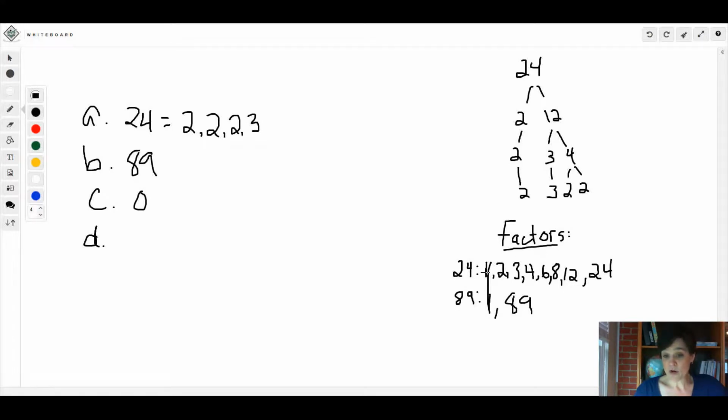Okay, sets of numbers, 1 and 24, 2 and 12, 3 and 8, 4 and 6. Those are factors, okay? Multiples means counting by that number. So if we count by 24s, so we could count,